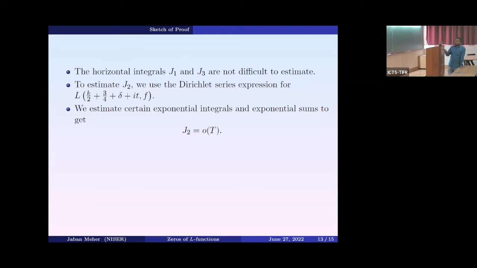So if we club everything together, we get that I1 is small o of t. Like in the previous case, we are getting a lower bound bigger than t and an upper bound small o of t, so they give a contradiction, and so we have a sign change, and so we have one zero in that interval t to 2t,